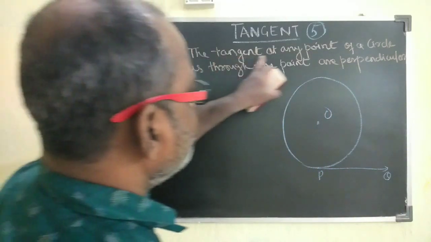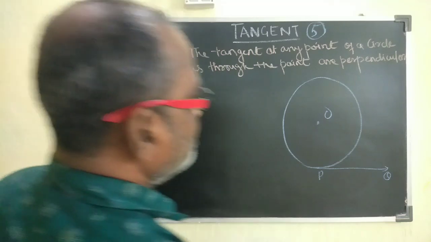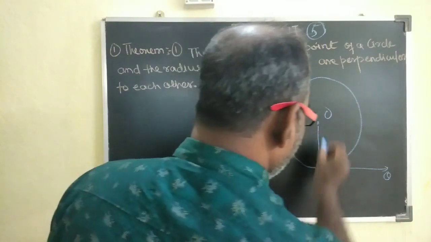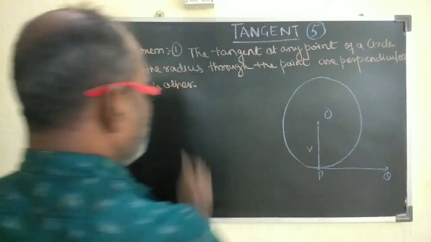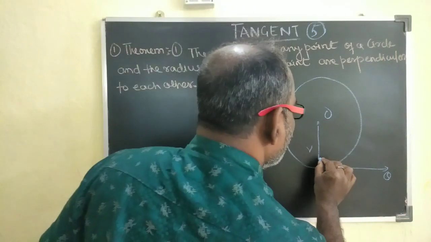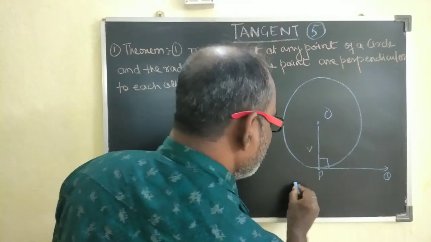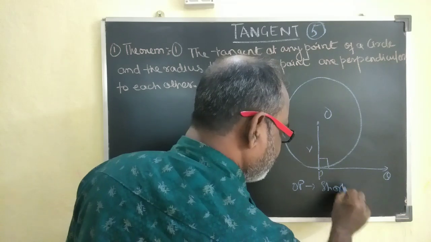So the tangent at any point of a circle and the radius through the point. So this is the radius through the point, OP is the radius, and they are perpendicular to each other. That means what we have to show is that OP is the shortest distance